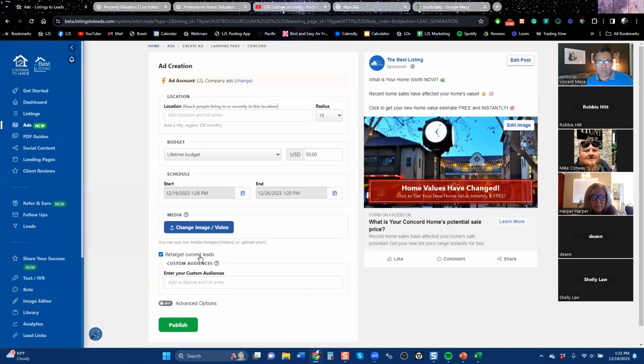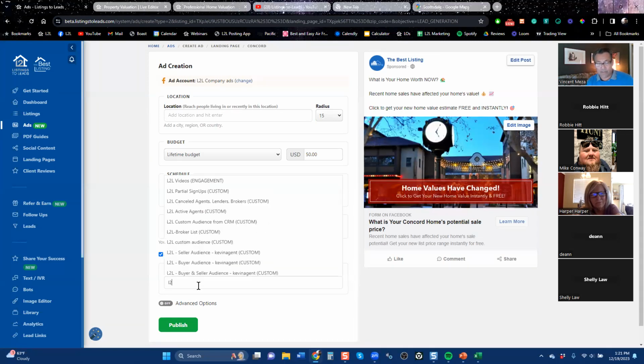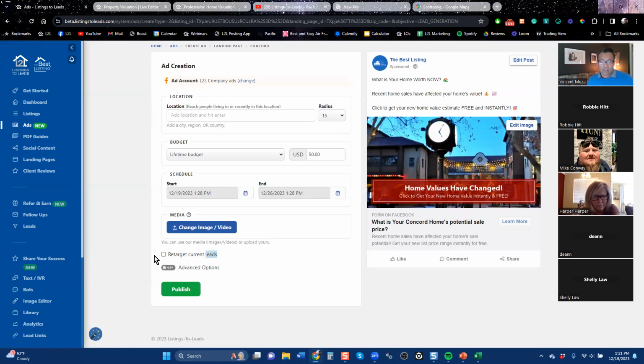You want to buy a spreadsheet of homeowners in Scottsdale. And on RedX or on Remind, you can say, hey, I want homeowners that have owned a home for more than 5 years. And you get that in a spreadsheet, and you upload it on Facebook, and then you click retarget current leads, and you've created a custom audience that says, I don't have one built, but